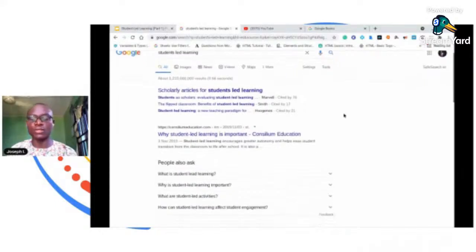At the top, you will see scholarly articles for student-led learning based on Google Scholar content. You can open any of these, read, and share with your colleagues and management for future reference. Following immediately, you will get top blog posts on student-led learning or on the topic.